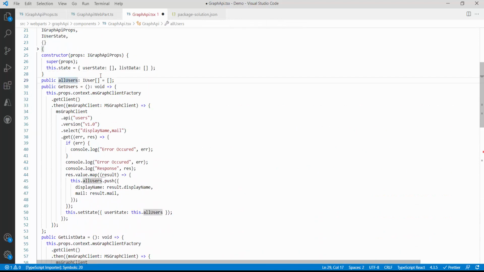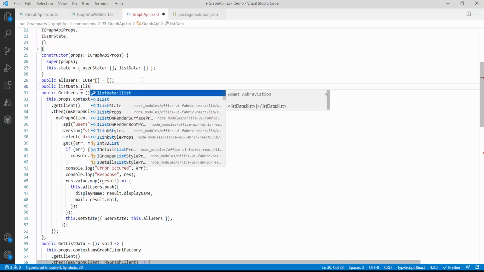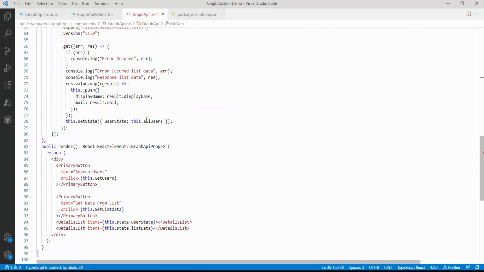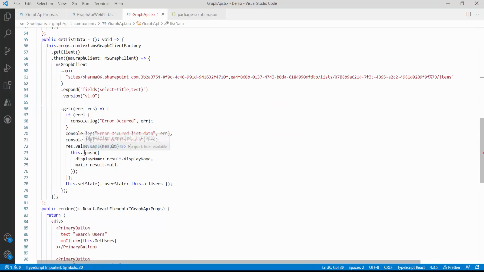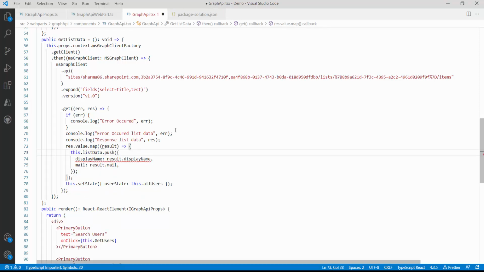So over here what I will do, sorry, list data, my bad, public list data colon IList array. This is fine. This dot list data dot push, and over here I will change it to title.